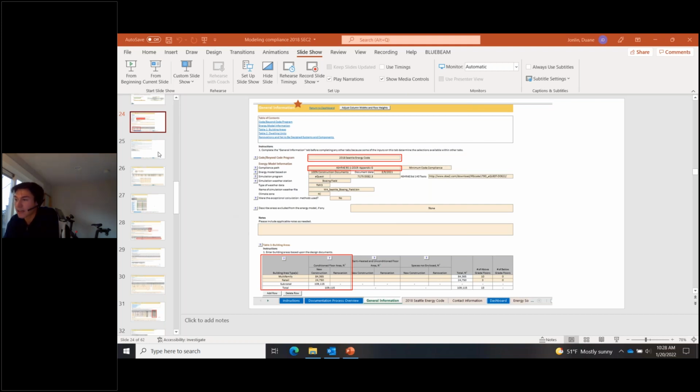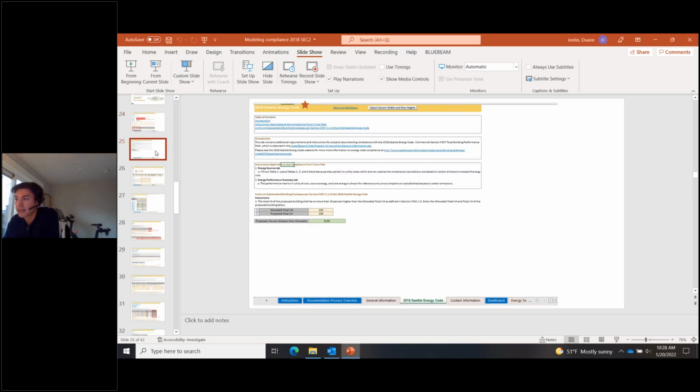So yeah, just going on to the next slide, this 2018 Seattle Energy Code is one of those tabs that pops up when you select Seattle Energy Code. This is just asking, have you checked that your proposed total UA is within 10% of your allowed total UA? So you're just going to take the output of your envelope web tool results and put them in here and just make sure you're within that 10%. It'll show 20% if you're doing the Washington Energy Code.